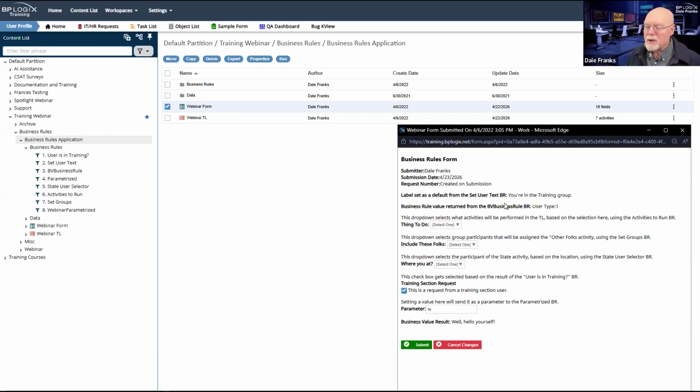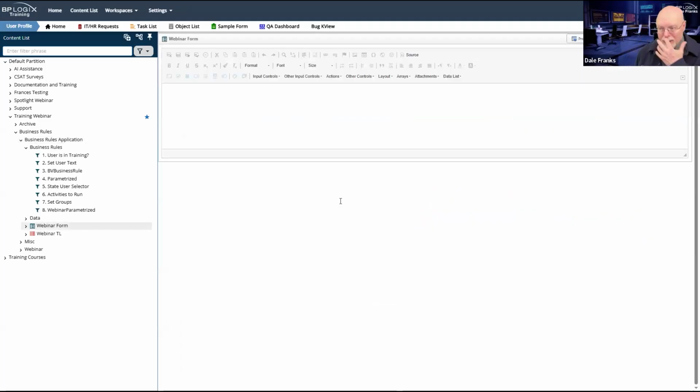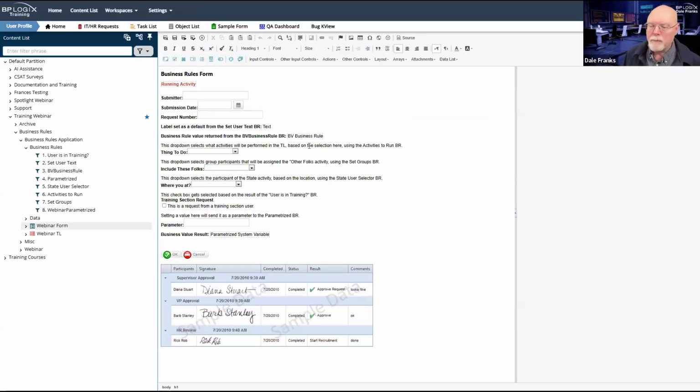The second business rule is returned from a business value. In fact, let's go to our form definition in Design View. Let's take a look at that configuration.